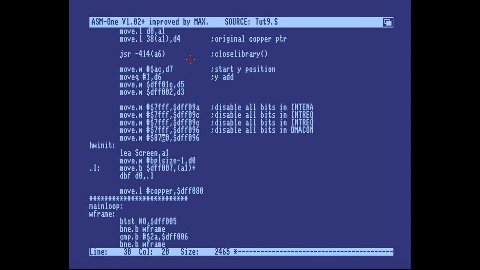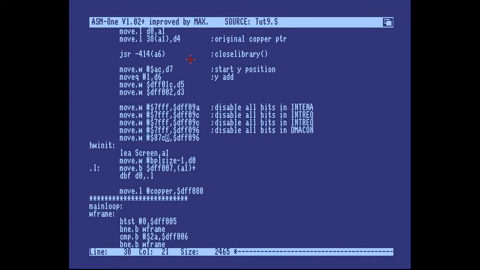To fix this bug, as I said, just clear the bit. However, in some cases, such as if you don't want to disable all the bits in interrupt enable because you want to load a file, for example, you're loading the graphics that is to be displayed on the bitmap instead of just filling it with random data as we did,